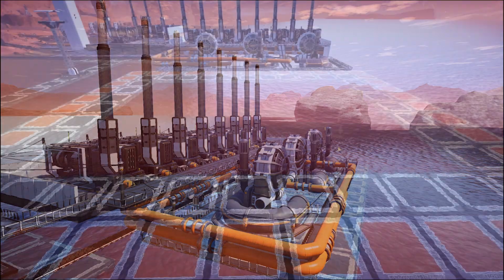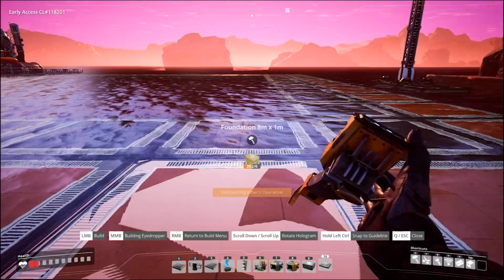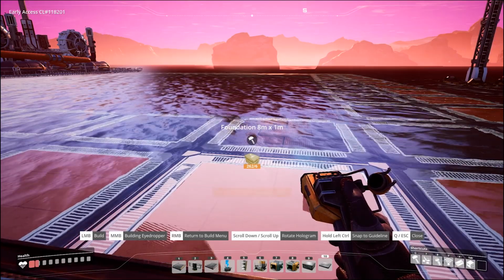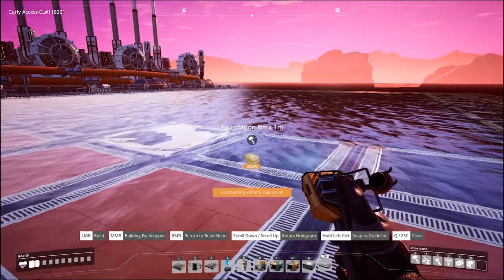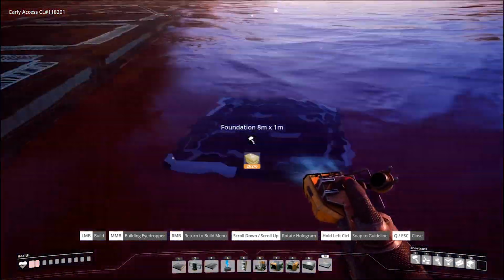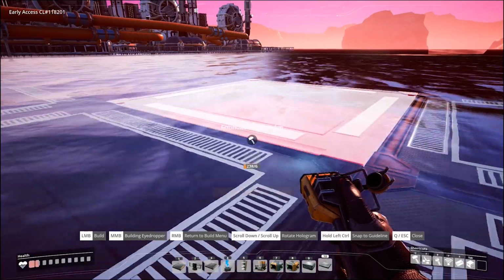Now, the total grid size for the extractors and the power plant will be 11 by 9 foundations. Now, if you're going to mirror this build the same way that I'm now doing, then you will need a total of 11 by 18 foundations. So for part 1, we shall place 11 foundations in a straight line, going back a total of 5 foundations. Now note that one row will be for the resource bus and manifold, and the other 4 for the power